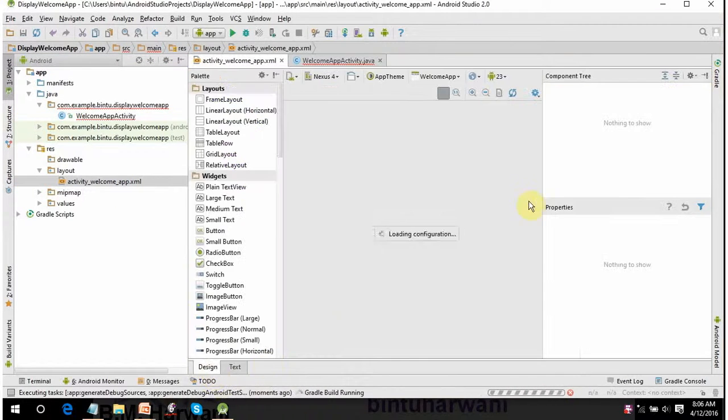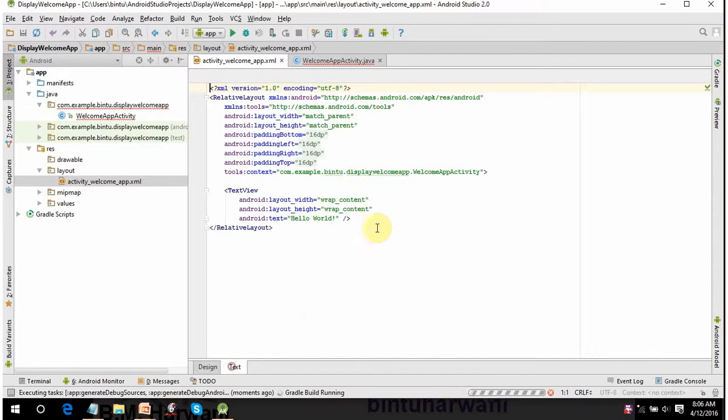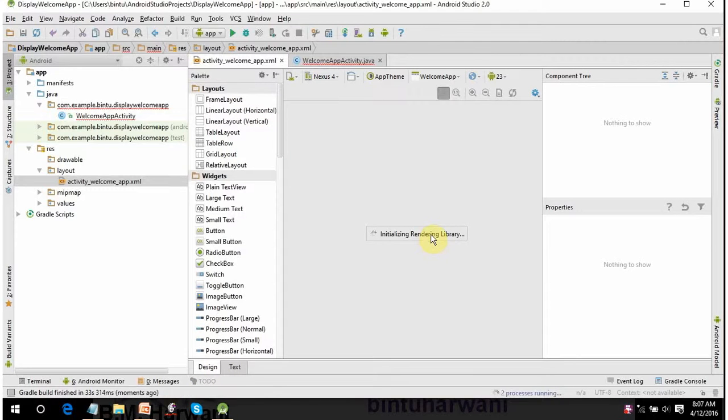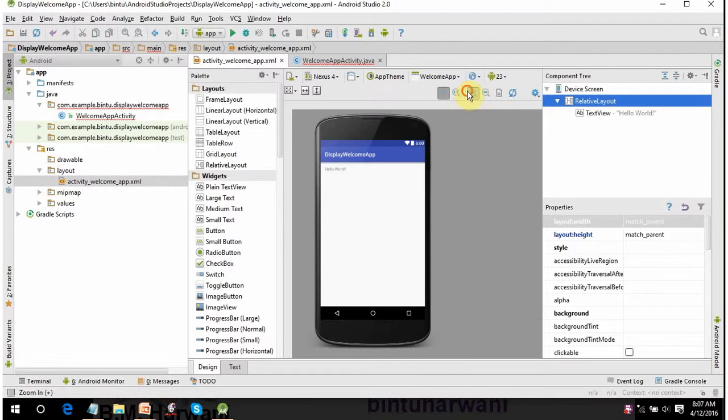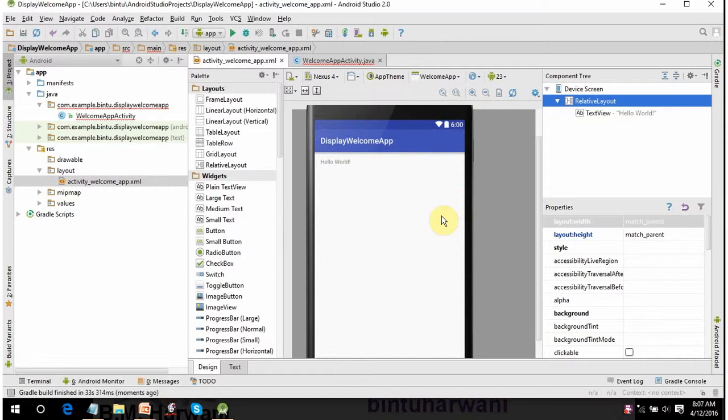Click on design mode. This layout file is initially in XML. If you are good in XML, you can straight away start coding from here. And if you want to use the GUI interface, the drag and drop facility, you need to click on the design tab. It is loading your layout file in graphical mode. Let's enlarge this. This is the initial layout which is provided by default to you. It is showing you that this is a relative layout. We'll talk about the layouts in other lectures, that there are so many different types of layouts, linear layout, grid layout, and these layouts basically determine the location of the controls relative to each other.